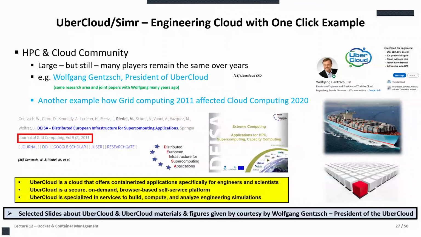And I just wanted to make the case here that I would like to thank, of course, Wolfgang for providing the slides. And also think about how this community is very interconnected. You see here, for instance, one of the publications we had, right? So it's a sort of personal point that more than 10 years ago, we published together, Wolfgang Gentzsch and I, in grid computing. And this was a time when cloud computing was not really fully established. It became more stable over the years, and cloud computing was seen as an evolution from grid computing.